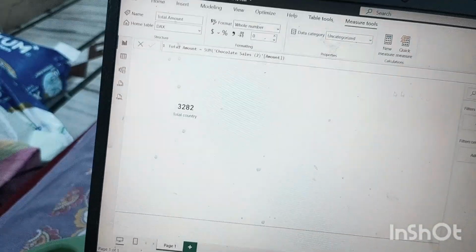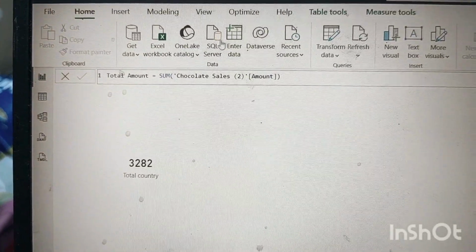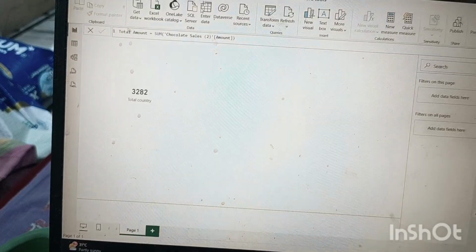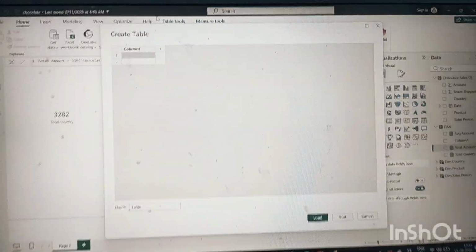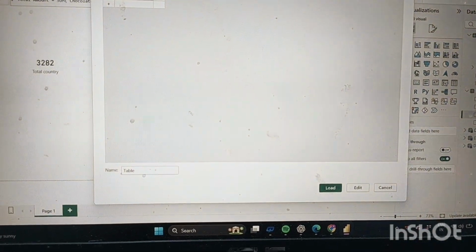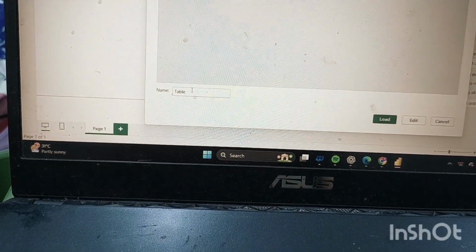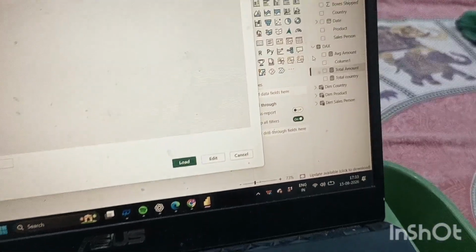I have already told you: go to Home, and after clicking enter, you will get this box, and here in the table name you write DAX.